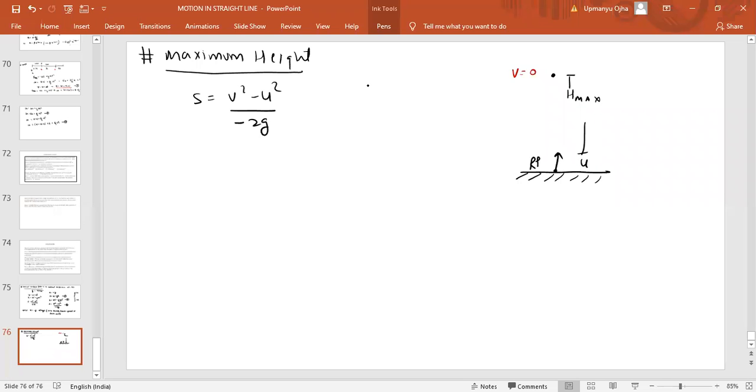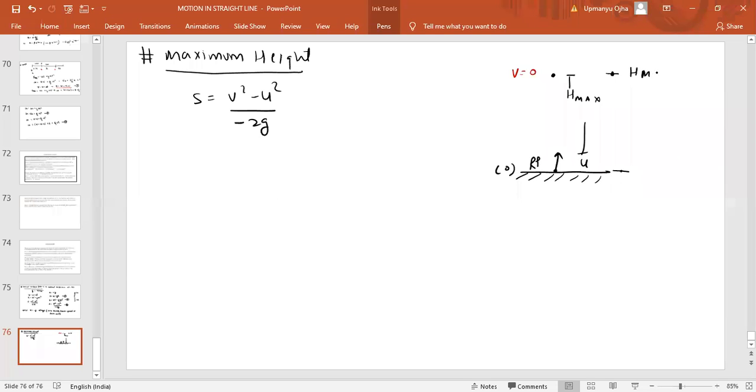No, it is displacement. It is the displacement of the object. Both are not the same here. So can you tell me whether the displacement is positive or negative here? See, displacement is final position minus initial position. Final position is this one, initial is this. When you take this reference point, this should be the origin, which means you have to assume this at 0. So the final position is h max.